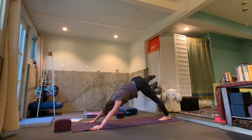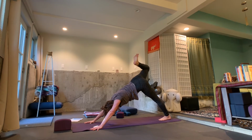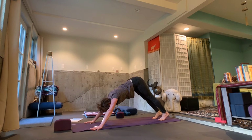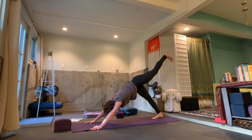Pause here and then take the right toes out towards the right, bringing the whole right leg out, so you're almost pushing the right foot into the wall towards your right, and begin pulsing the leg up and down. So you're in this kind of peeing on the fire hydrant pose again, pulsing, pushing it down evenly through both shoulders. And you can bend the right knee and bring the foot towards the seat, just for a little hip opening. Right leg back down to the ground, and on your next inhale, left leg up and towards the sky,